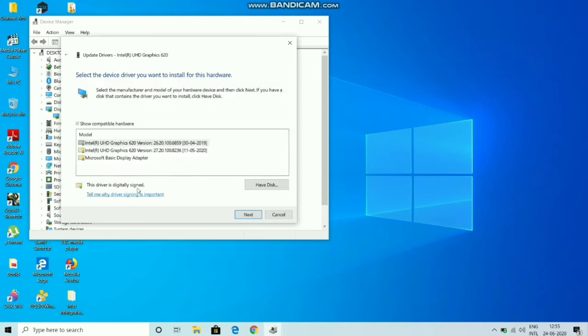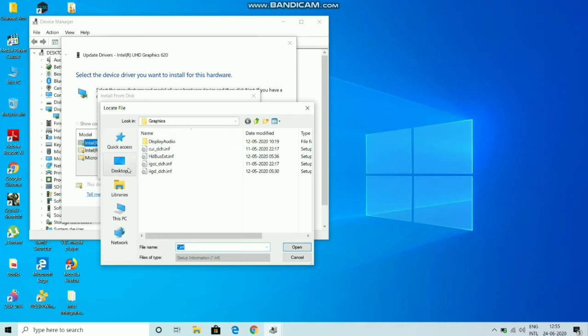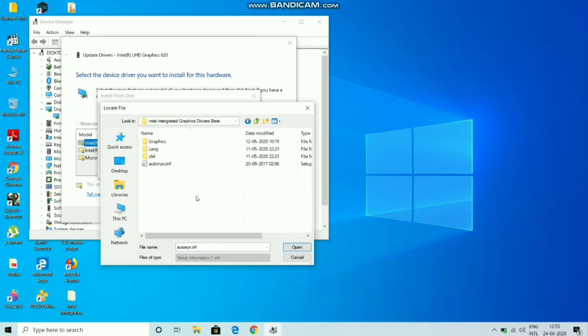Once you're here, you need to press on Have Disk, and now you can finally press on Browse. Then you need to locate the folder where we extracted the content of the beta drivers .zip file, which I have extracted in this folder as I just showed you.